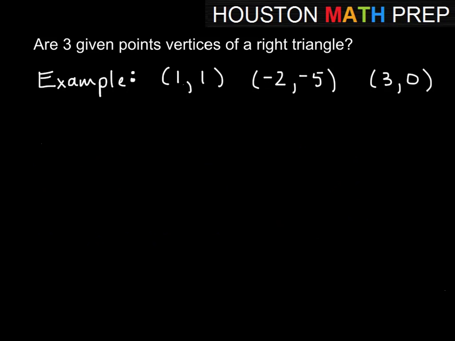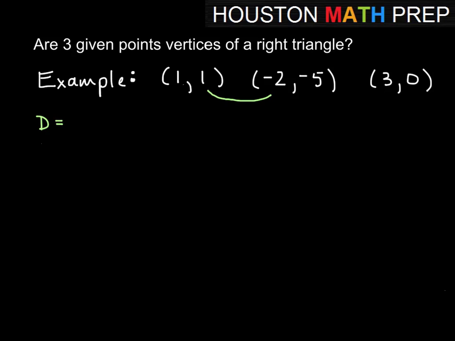Okay, we'll do 2 examples in this video. So our first example, we have 3 points. So we have (1, 1), (-2, -5), and (3, 0). So what we'll first do is we'll figure out the distance between (1, 1) and (-2, -5). So that distance there